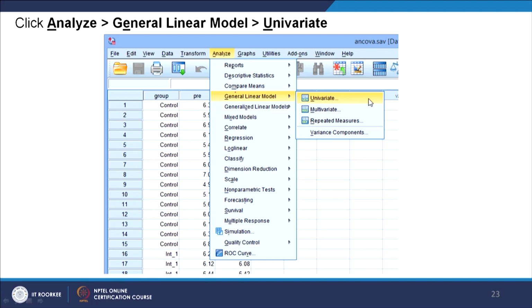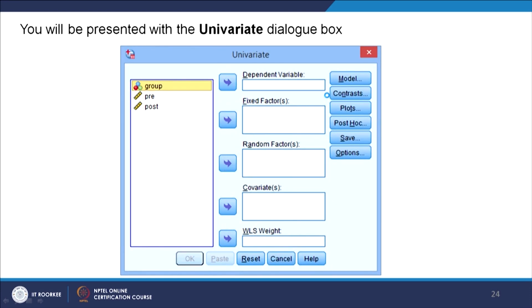So, these techniques: ANOVA, two-way and N-way ANOVA, ANCOVA, one factor, more than one factor, MANOVA, MANCOVA, they are all coming under the general linear model techniques. Here, since there is only one dependent variable, we say it is a univariate technique, right. So, once you go to this univariate, then next you have to take your variables into the dependent, independent